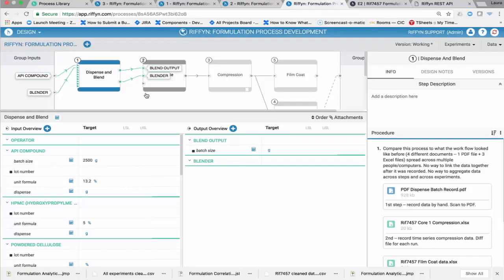So the operators can focus on recording and collecting their data, and Riffyn does all the work for them of contextualizing it and joining it automatically. And I will show you how it's actually done in a real-world example. So before I show you how the data are recorded and joined, let me just point out one other feature